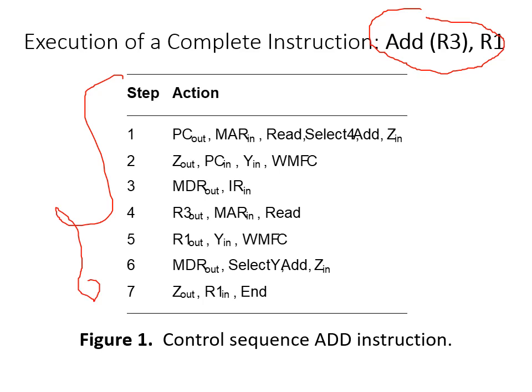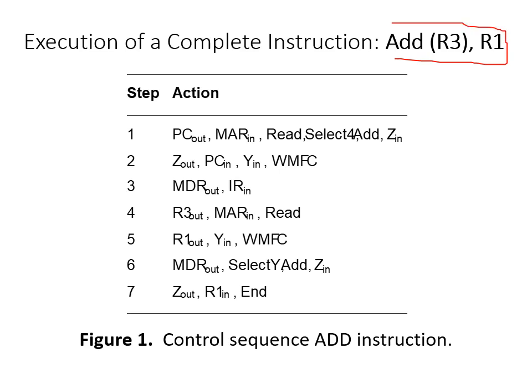Here I will explain some terminologies which might be helpful for further explanation. This is called an instruction. We know this very well. Add the content of the memory location whose address is in R3 with the content of the R1 register itself. This is called the instruction. Then whatever we have written here is called the control sequence.